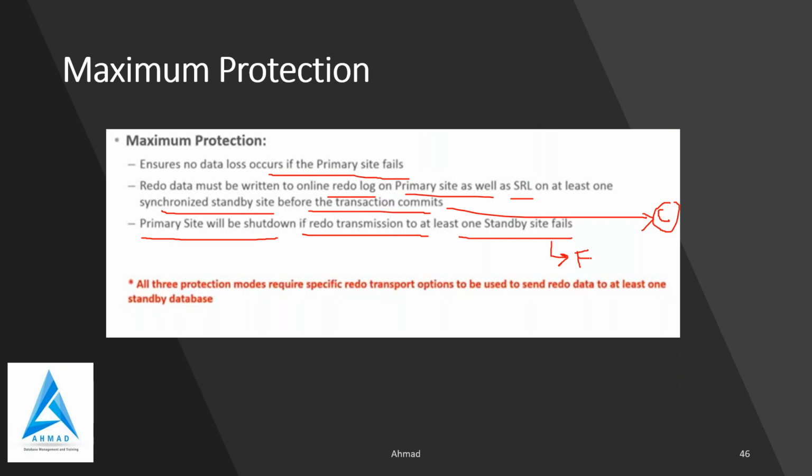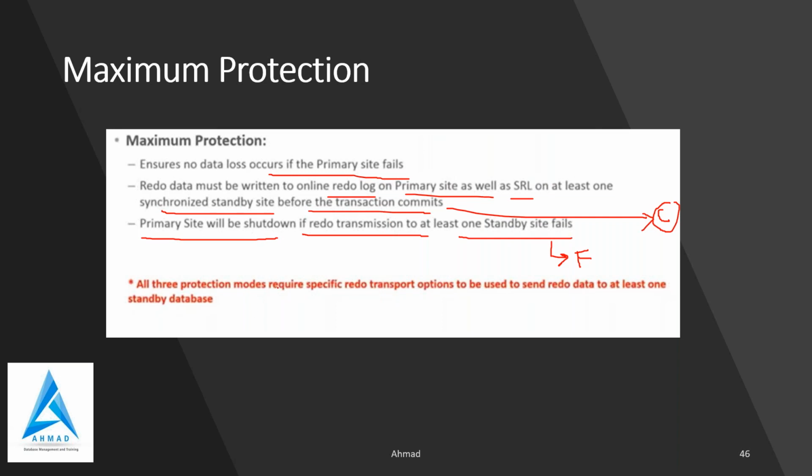That is a compulsory thing. If you have four standby databases and redo is not applying on any of them, then your production, or primary, will shut down. Got it? Do you get this point in terms of production?